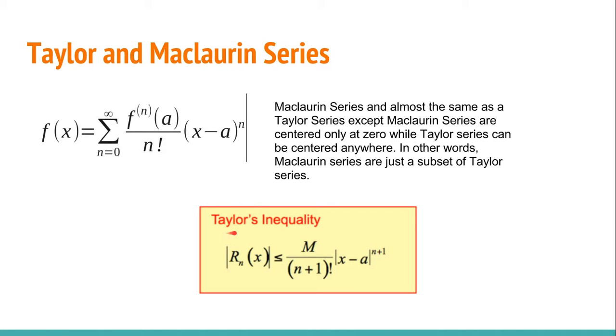Now this is the Lagrange error, also known as Taylor's inequality. Note that these two formulas are pretty similar, except this one makes more use of n plus 1 than this one does. Usually for formulas where they ask for the error, they will give you a domain for x, in order to find the M value, that is the absolute value of the maximum of the n plus 1